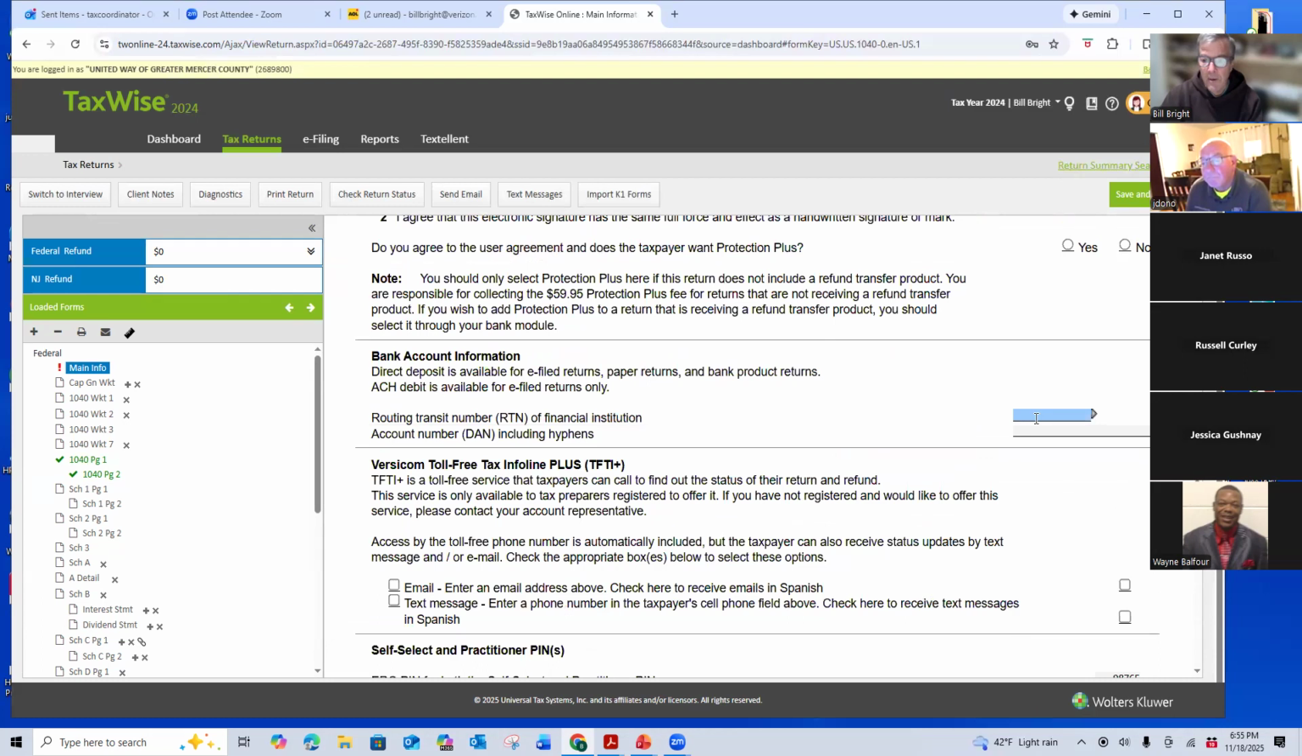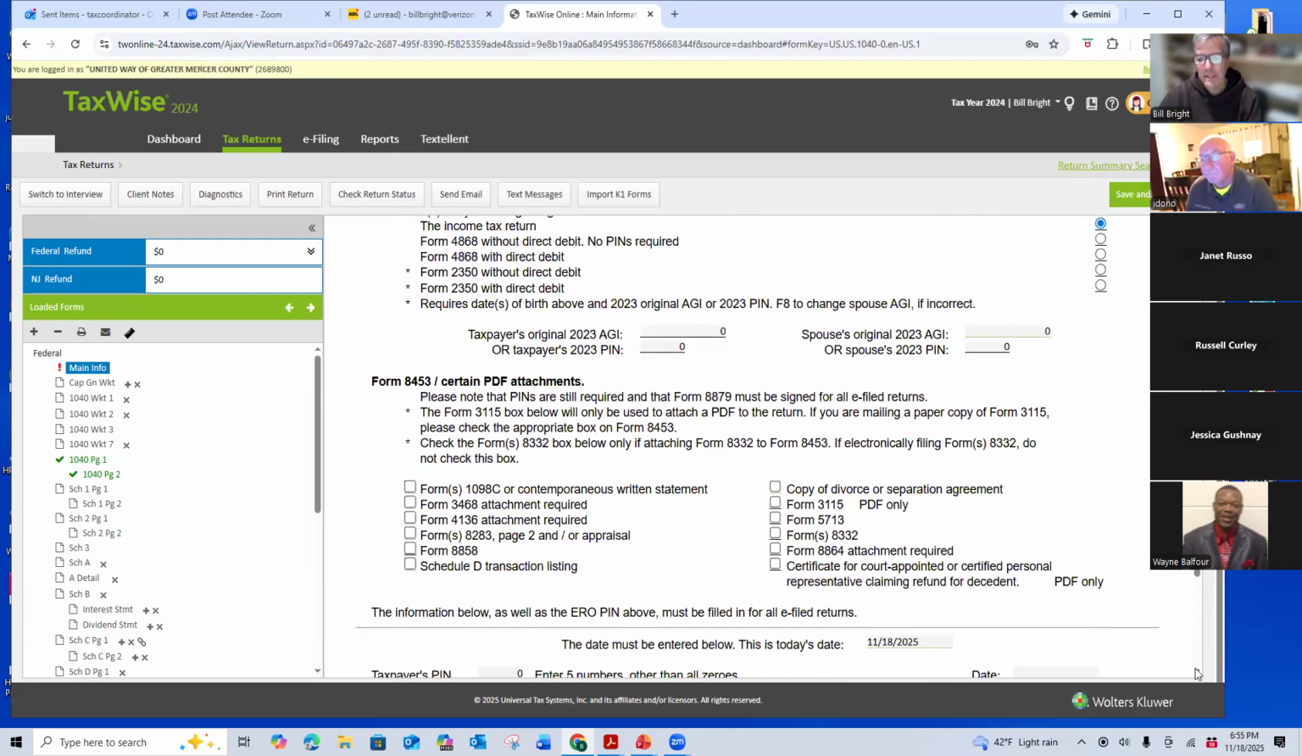And here's the first spot where we start putting in the bank info. Very important that we get this right. So, Bank of America. There we go. And then at the bottom, there'll be